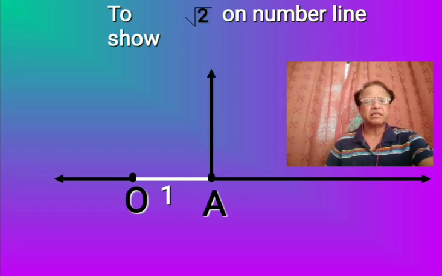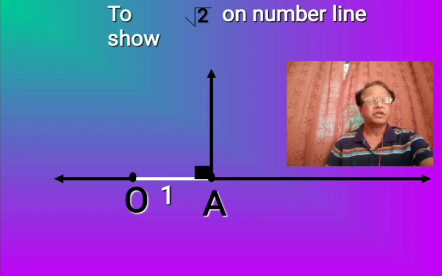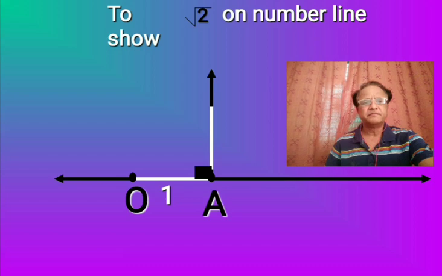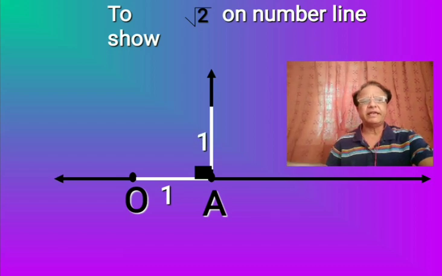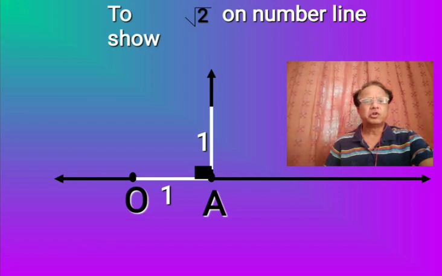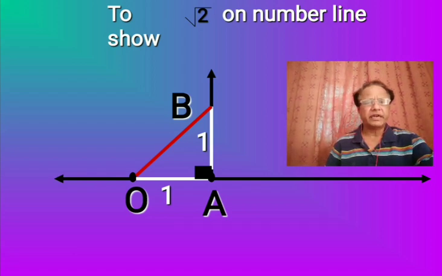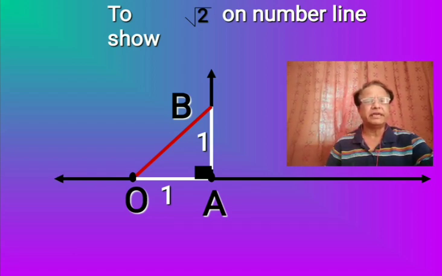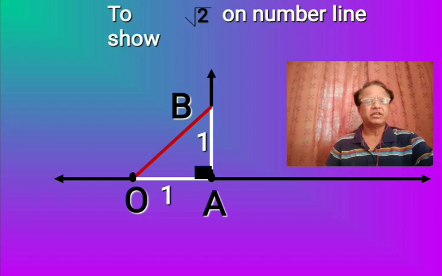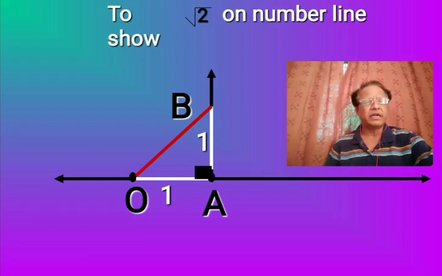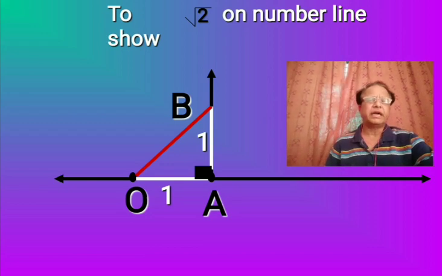Look at this one. This is the perpendicular drawn. Take the same distance, 1 unit, on that perpendicular. Label it as B, the same distance as the bottom. So this is B now. Join this OB. After joining OB, one triangle is formed, which is OAB. It is a right angle triangle in which the two sides making the right angle are of 1 and 1 unit, and the hypotenuse is OB.